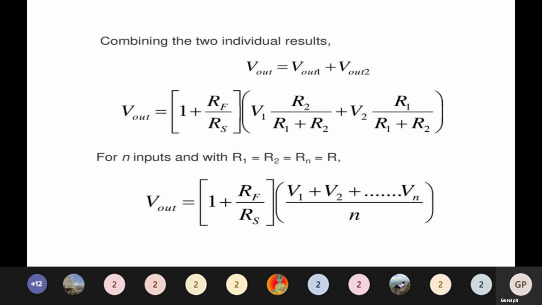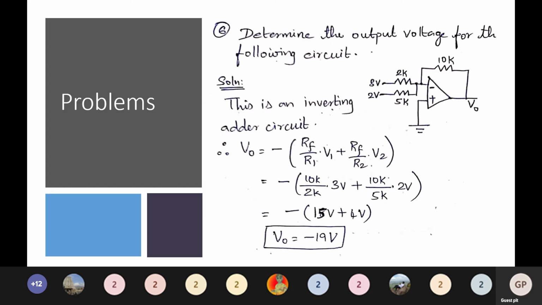Right. Let us see a few problems based on this. Okay. Now, see this problem? Determine the output voltage for the following circuit. Okay. So what is the circuit? It's a very simple circuit. How will you first find out what circuit is the given one? See, once you identify the circuit, it is easy to find the output of the circuit. Okay, because if we know the circuit already, then directly we can write the final output expression for that particular circuit, and you can get the output. Is it not? Or else you have to solve the circuit step by step.